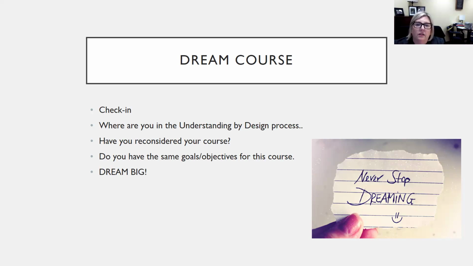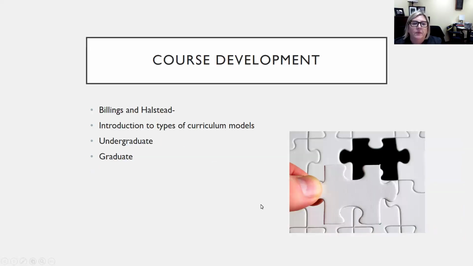We're going to revisit that again in the next week or so as far as an assignment. So if you need to revise something, change something, it's okay. This is your course. But where are you in thinking in that process? Are you dreaming big, with those big changes you want to make, or those questions you're asking about your potential students? Now, the Billings and Halstead book talks about the different types of curriculum models, undergrad and grad,